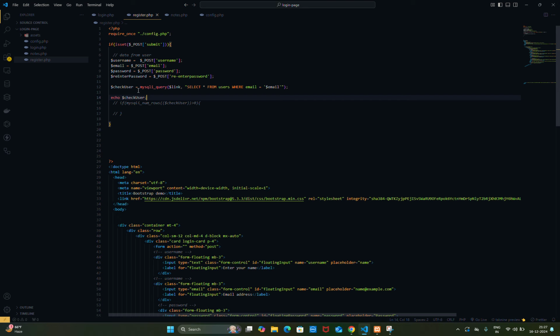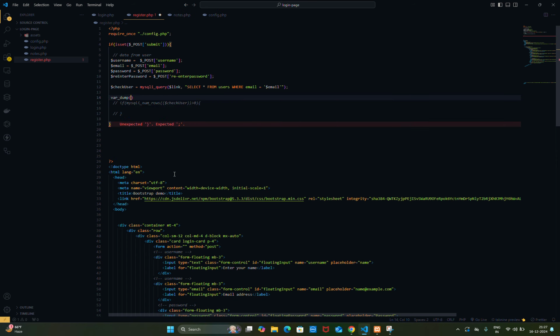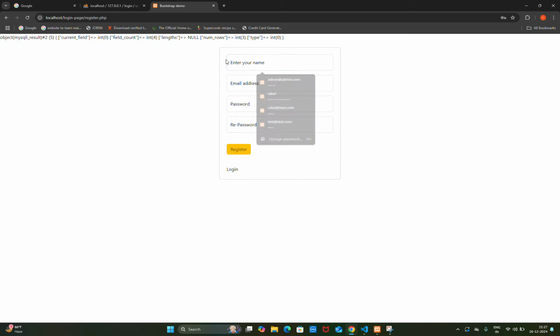That function is called var_dump. So instead of using the echo, we'll be using var_dump, var underscore dump. Okay, once it has been done, we'll pass that variable $checkUser, and I'll just again hit refresh to send. Here you can see the current field 0, count 0, num rows in type 3. So this is the number we require. Since it's greater than 3,